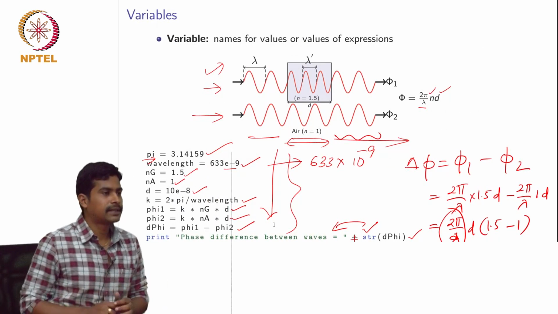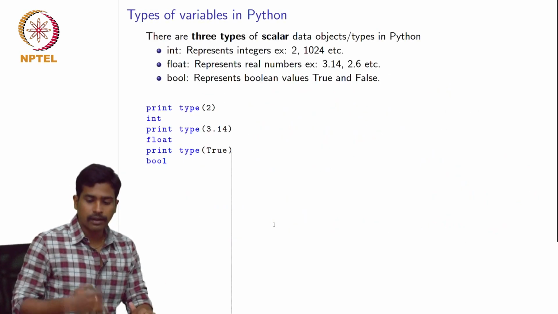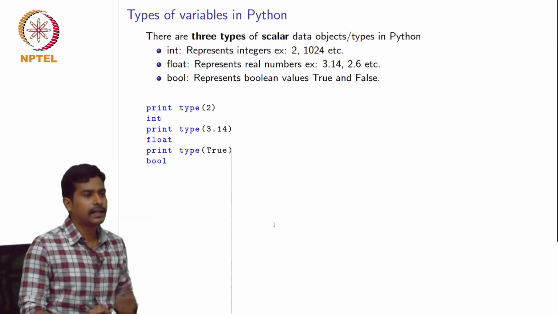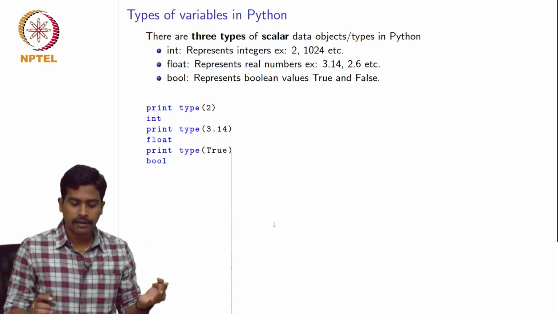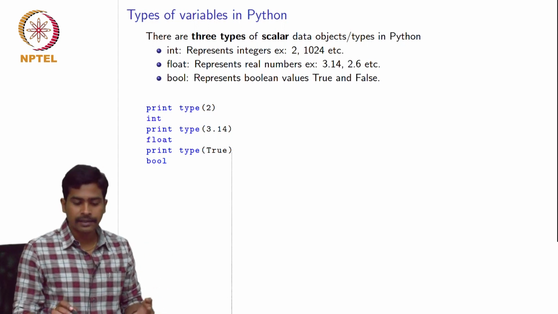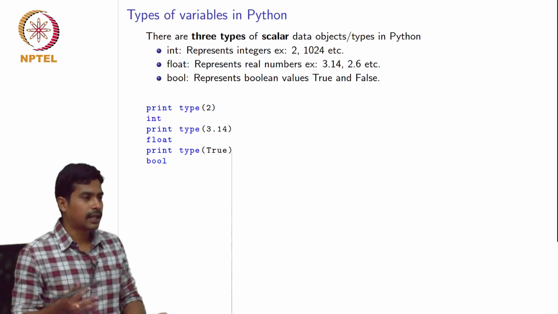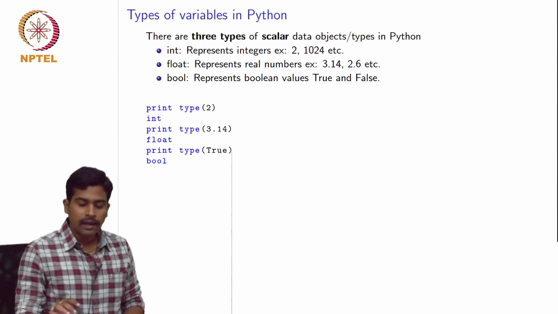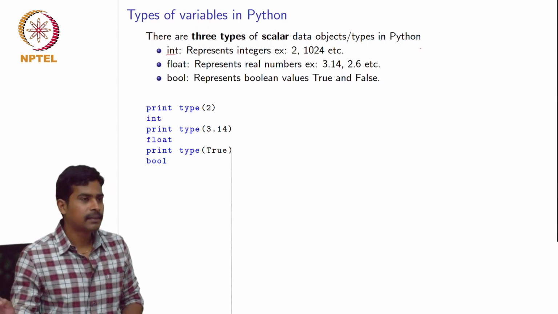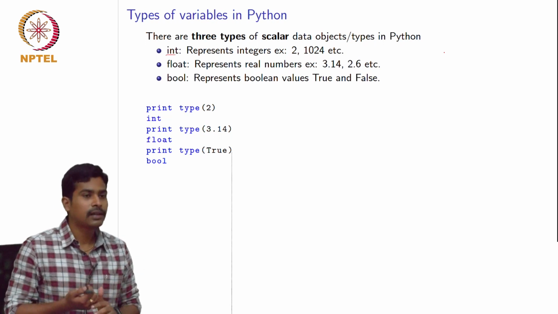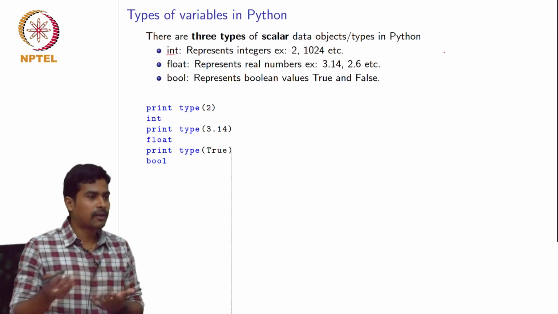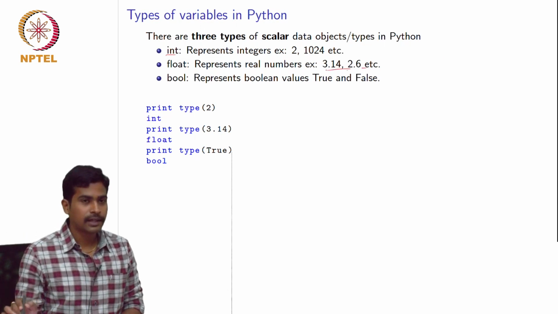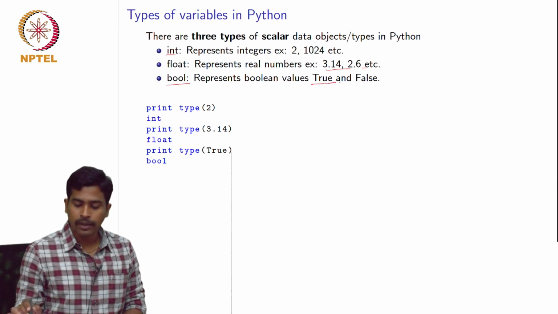Now we have seen an example program. Let us go deeper into what variables are in Python. As I have said before, in Python there are three types of variables: integers, floats, and Boolean. Integers are whole numbers, so they do not have a fractional part. In integers there are 8-bit integers, 16-bit integers, but you do not have to worry about it. The more bits you have in an integer, the bigger number you can represent. Similarly, floats can represent decimal numbers, and Boolean has only true or false values.